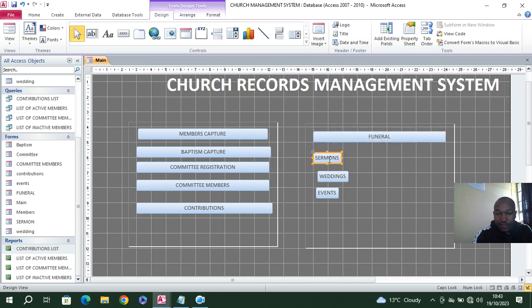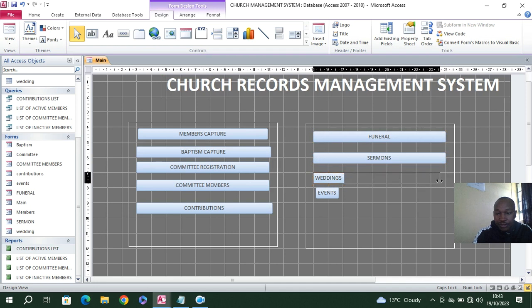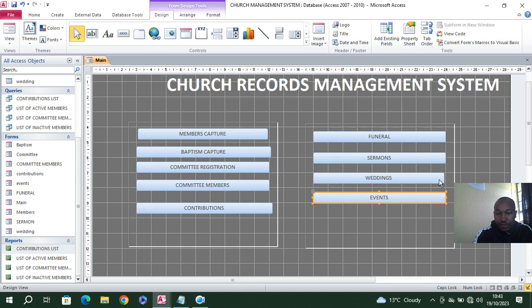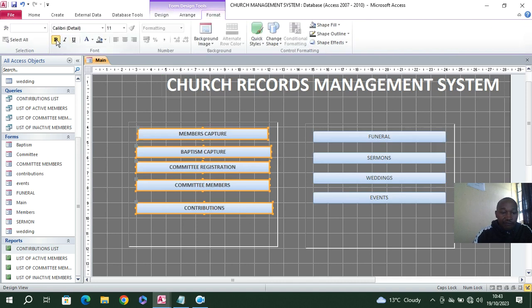You make sure that they are somehow organized. Like that, you need something organized, guys, like that. So once you do that, this is my dashboard, and remember I have incorporated my reports on the forms, so